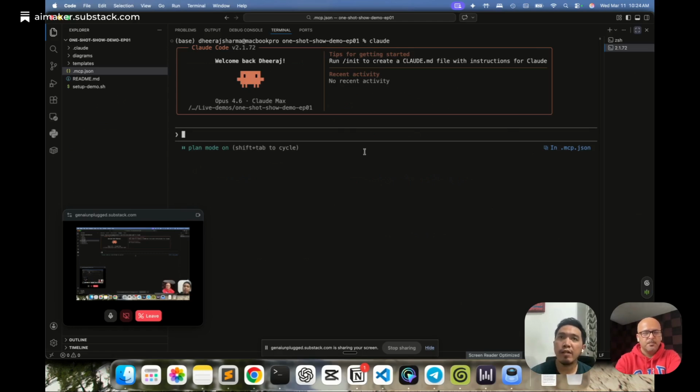Yeah, and also you can ask Claude to find the MCP config where it is installed. You can just ask it, and it will find whether it is installed at the root level on your computer or in the project folder. Ideally, for me, I put it on the root level. But if you want specific MCPs for specific projects, then you would put it inside the project folder. Right.